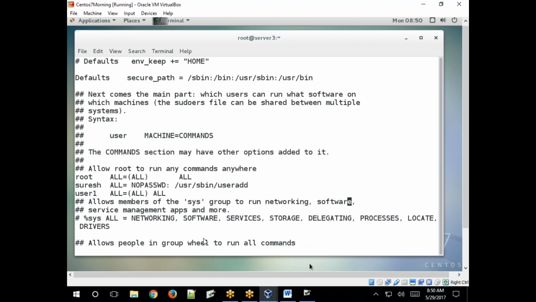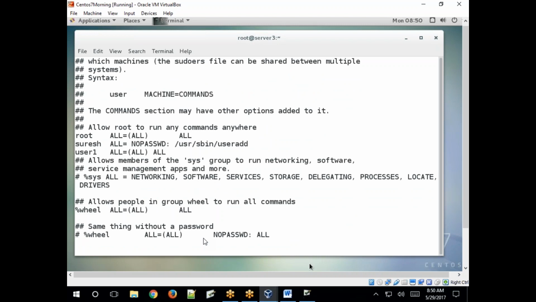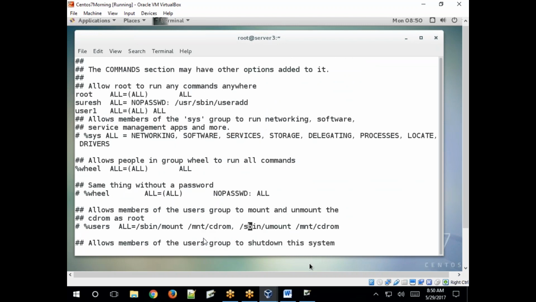Clear? Like this, we can also create groups, add users into that group, and allow users to run those commands. See, here also the NOPASSWD parameter is specified, meaning no password. When you execute a command, you need to use sudo, then the command name, and only then will it prompt for the password and the command will run. Otherwise you will get the message permission denied. Clear?